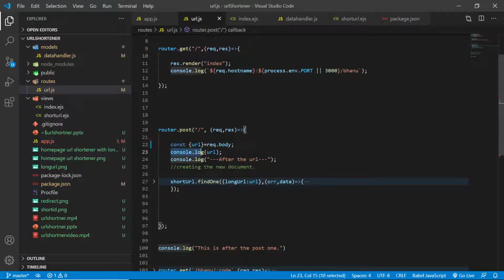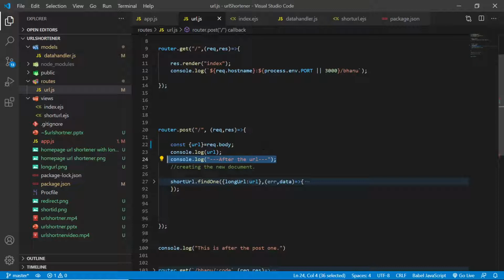And after that, we are just console logging the URL, and these console logs are just for me, to confirm and check where it is going wrong, because I did not get this application working the first time. I checked a lot of times.